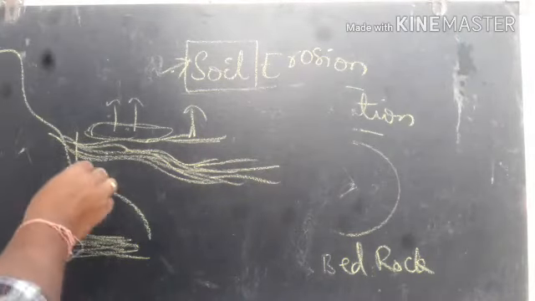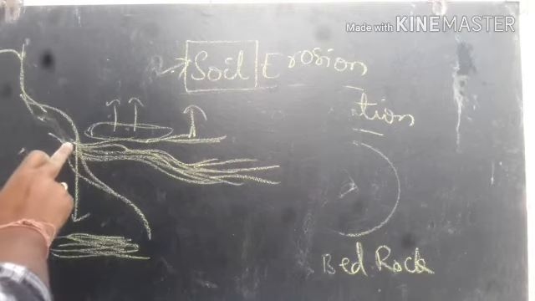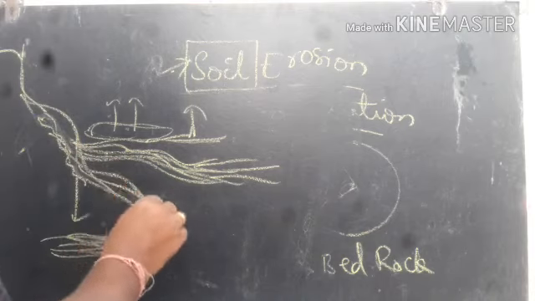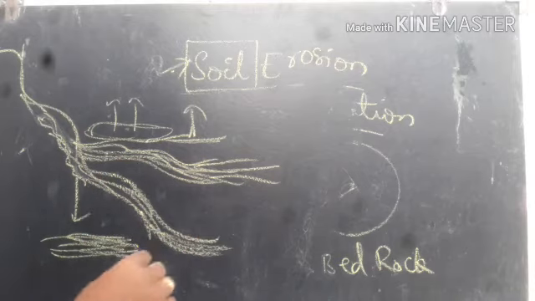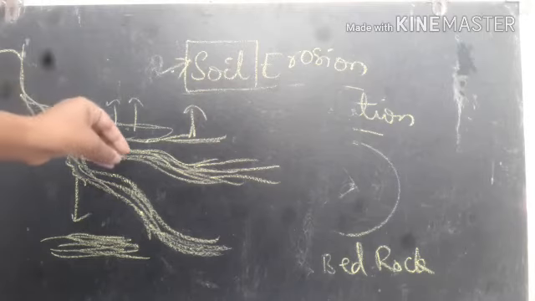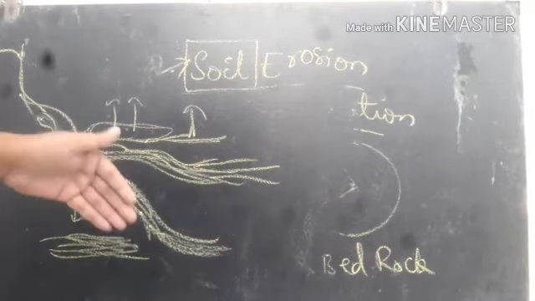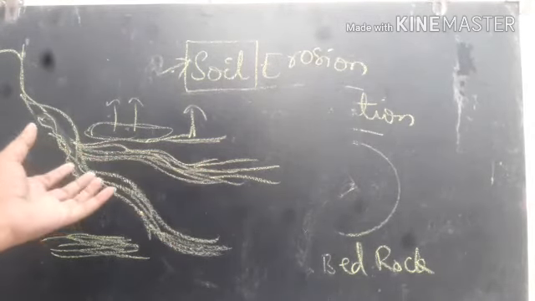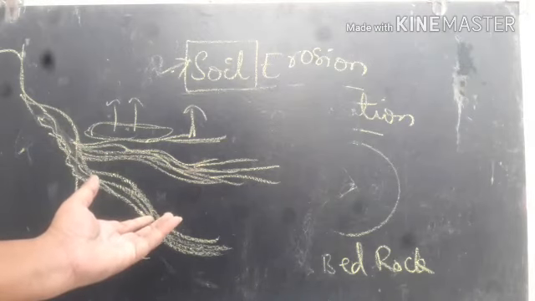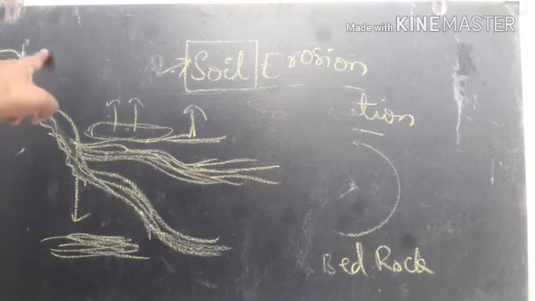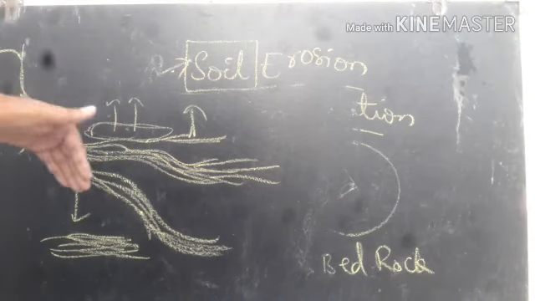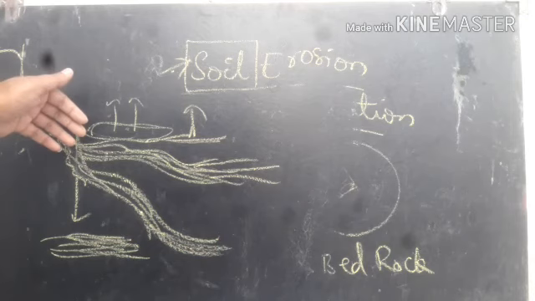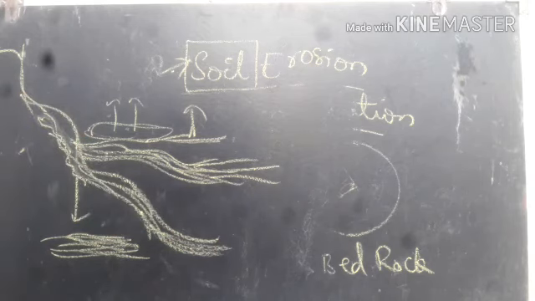For example, in a hill region, when water is flowing from the hill, whatever soil nutrients or soil particles are present there move along with the running water, so that the top layer soil comes along with the water. This is what we call soil erosion. The faster the flow of the water, the more soil erosion it causes. So heavy soil erosion occurs in the hill region. I already told you that. In the hill slope, why? Because the water speed is very high. With that very high speed, it can carry away the soil particles and erodes the soil. Even when the flow is very fast, the bank of the river